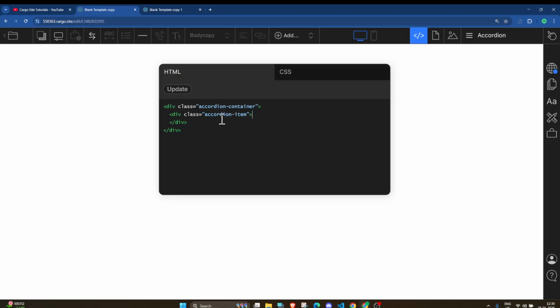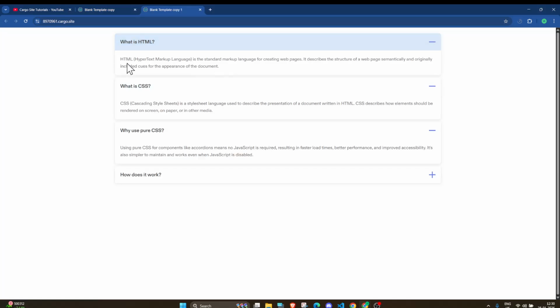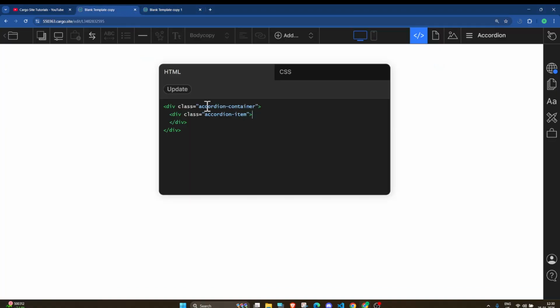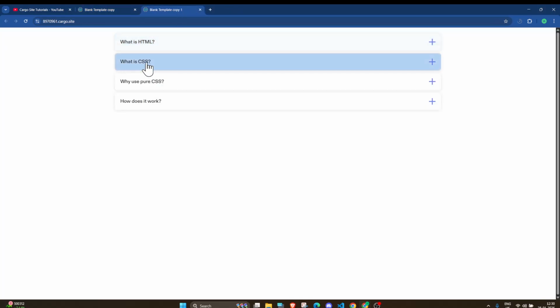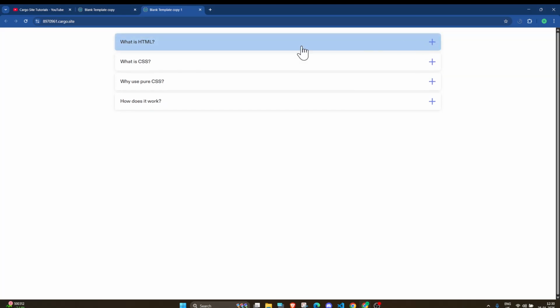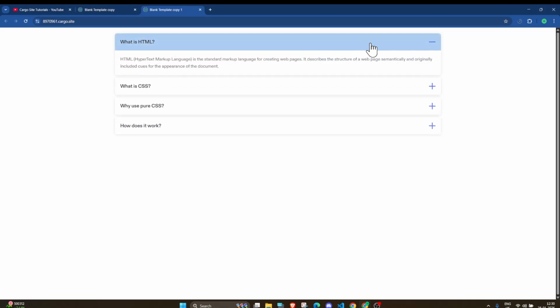Now I am going to create this first section, which is this accordion tab. I will create the HTML for this. First I will create an input field, and I will give this an ID. This ID should be unique. Each tab will have a unique ID, because when I click on this, the accordion collapses and expands.